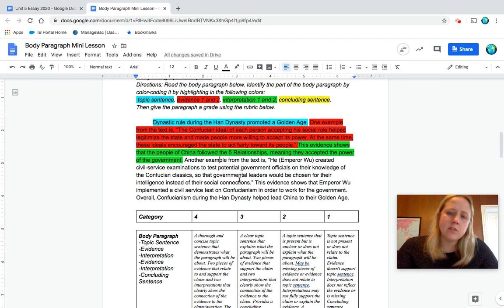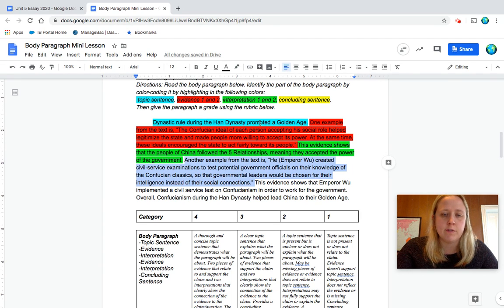Okay, it goes a little beyond the text, but I don't see a connection to Golden Age. Is this peace? Is it prosperity? Is it strength? Is it innovation? I'm not sure. Another example from the text is Emperor Wu, created civil service examinations to test potential government officials